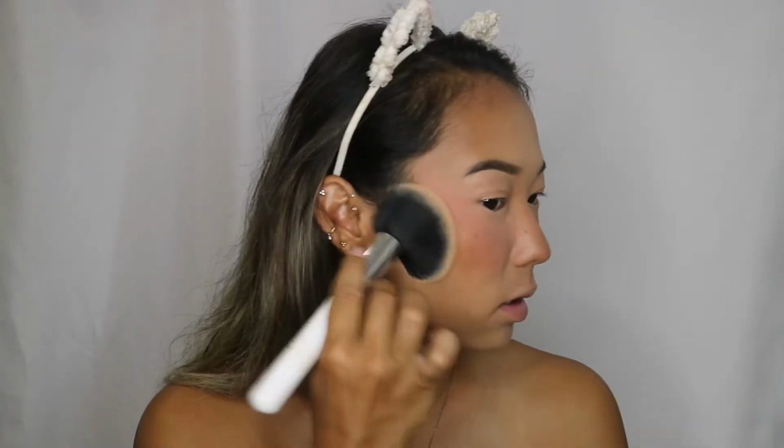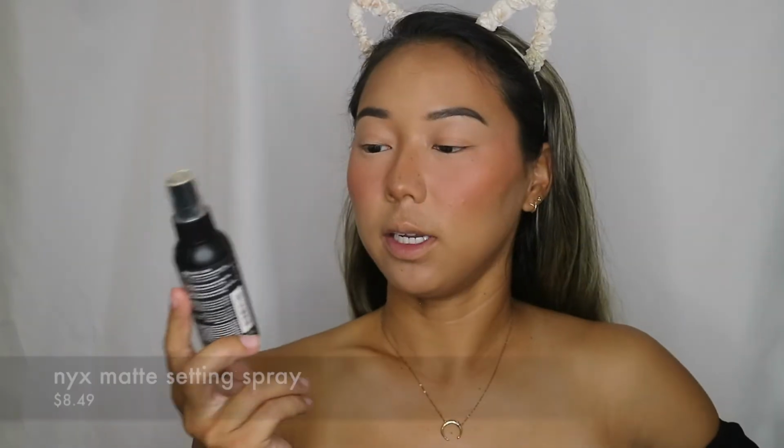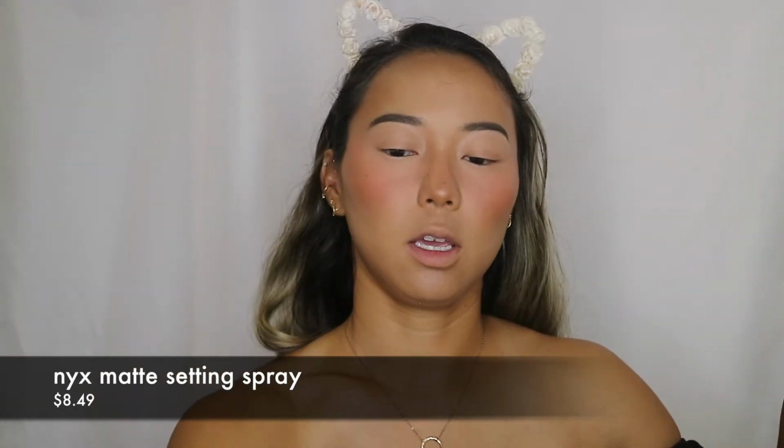The bronzer did get a little patchy here, but like I said, that is my fault because I tried to go over powders with creams and that's not gonna work out. So next we're gonna go in with the NYX Matte Finish Spray. It is $8.50 on Target and I think Ulta as well. I do not like the smell of this one. It smells very alcohol-y. It does keep my skin pretty decently matte. We're gonna move on to eyes. I have to use...